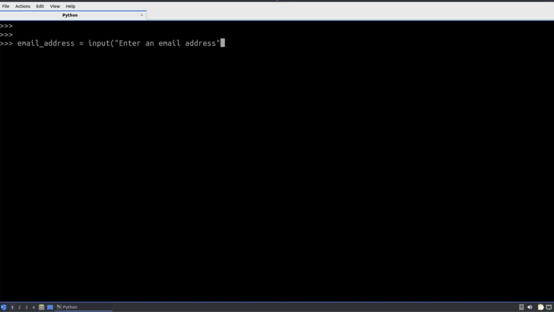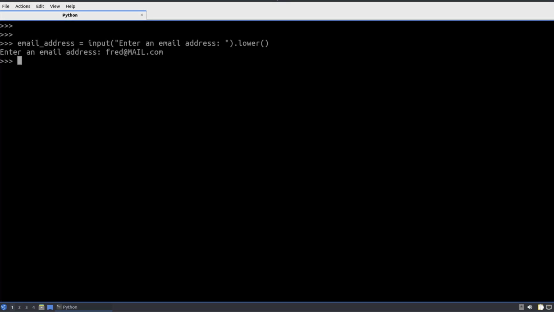Again, enter an email address. I probably want a colon after this just for tidiness, and then close off the input function and turn everything to lowercase. When I hit enter, we're going to populate the variable, so the prompt comes up. This is my input function running, and let's do a mixed case again.